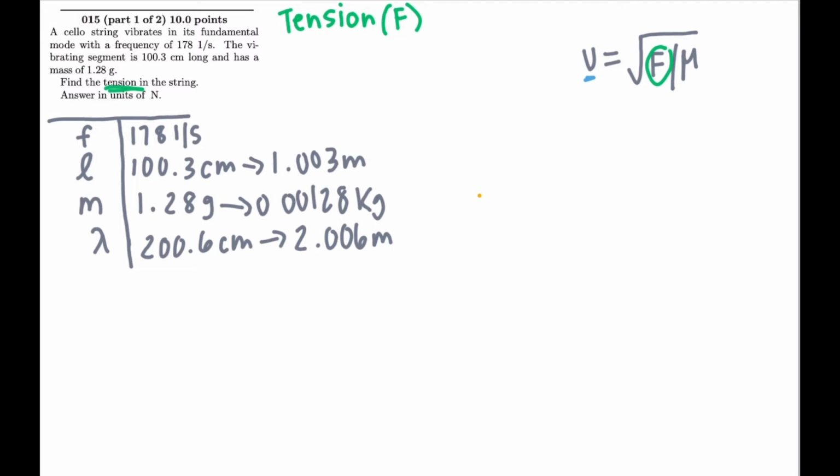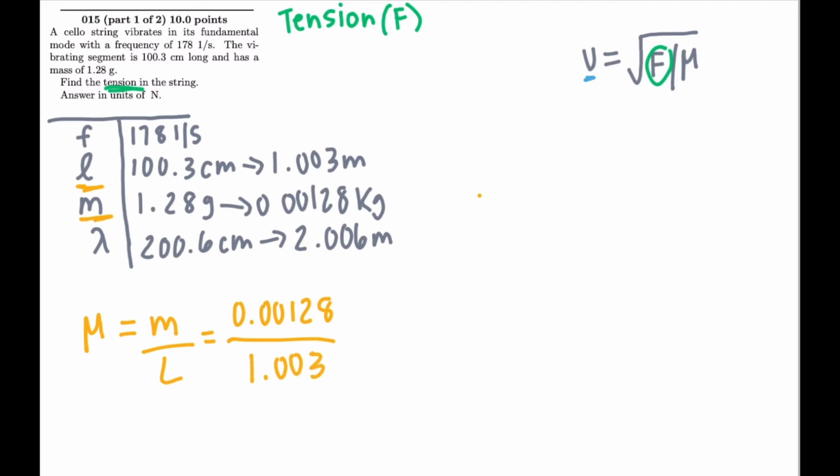We'll solve it down here, okay? So this equation, mu, is equal to the mass over the length. Now, I keep calling this mu, but this is actually called, in this case, linear density. So the linear density is equal to the mass divided by the length, and it'll give us 0.00128, because we're taking this mass and dividing it by this length, which is 1.003, and that'll give us the linear density is equal to